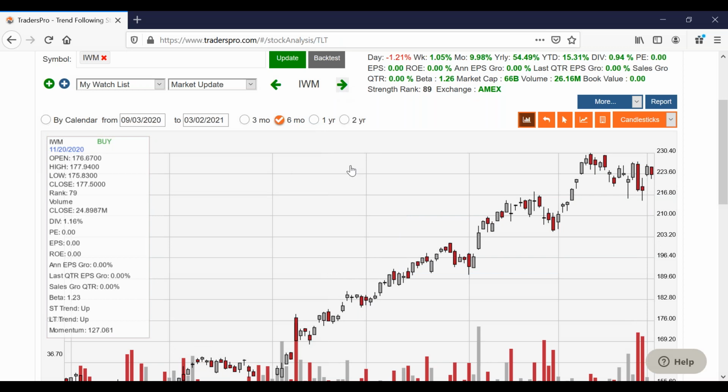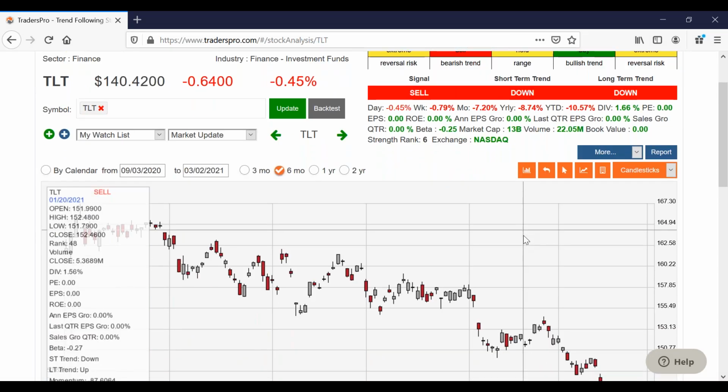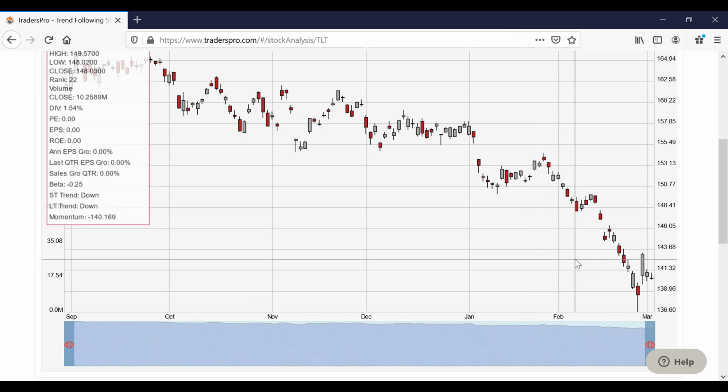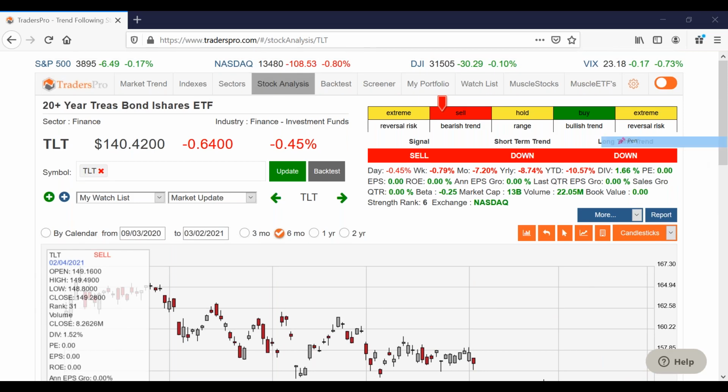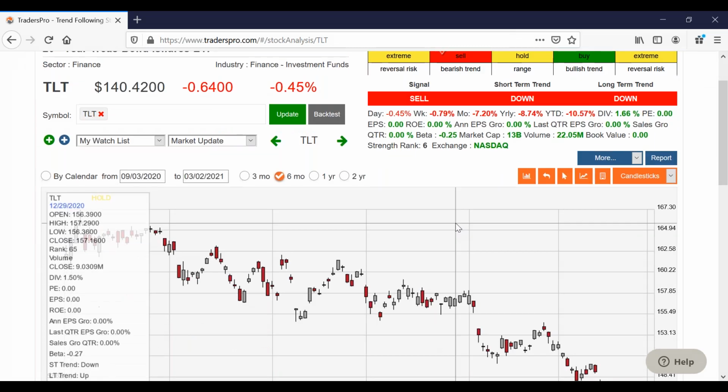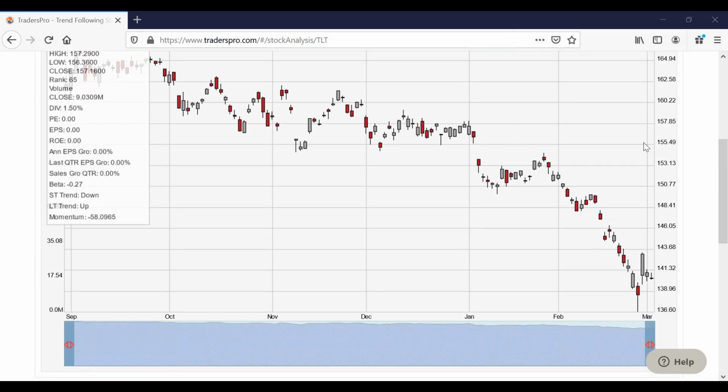All right. Bonds. Let's take the volume bars off here for a little bit because the volume bars will get in the way here. Last week I told you how we were in that extreme reversal risk on the TLT. We're all the way to the left side. Well, we've alleviated that a little bit. We're still in the downtrend. I'm still assuming that bonds are going to continue to drop. We had that big spike up move on Friday, and then we've kind of rolled over a little bit since then. Now, again, it could still bounce around sideways through here for a little bit, but overall, I would expect that this is going to continue to move lower.